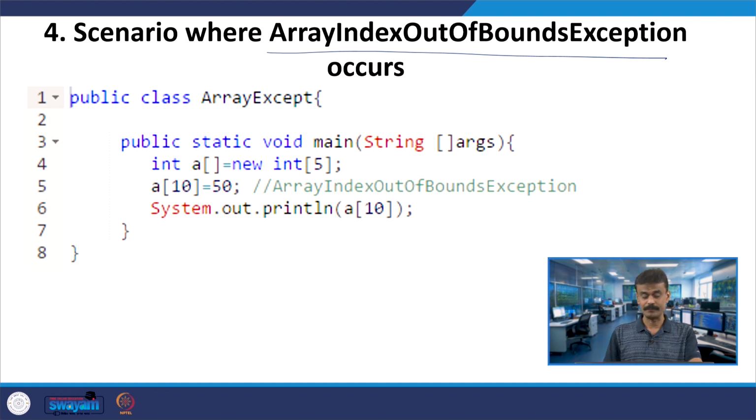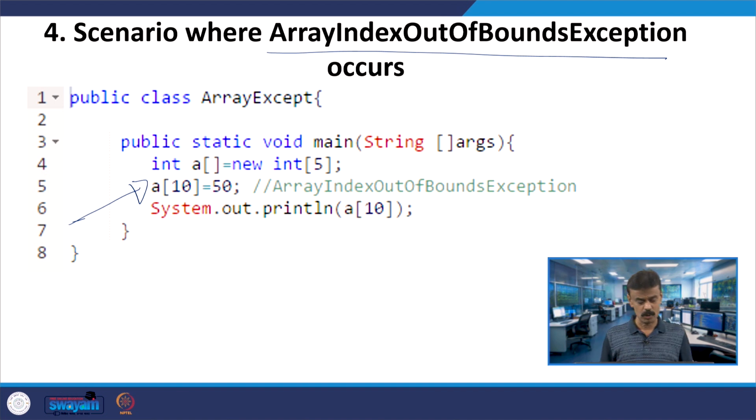And this is the famous one, array index out of bounds exception, alright. In Java you have to be a little careful. Here you are declaring a dynamic array of length 5, right, and then you are trying to access the 10th index, where 0 is the first index, and putting a of 10 equal to 50. If you try this in C++, this will work, particularly with a static array of 5 elements, and a dynamic array also should work.